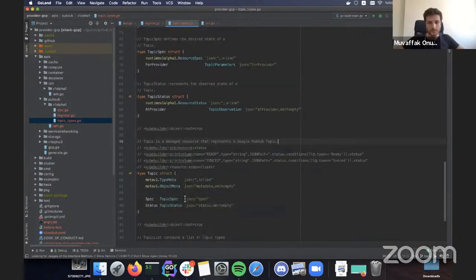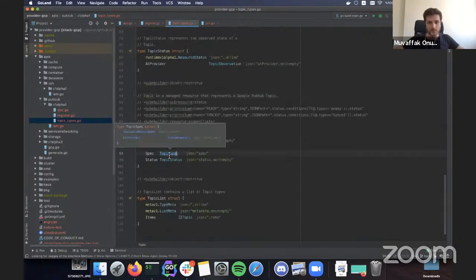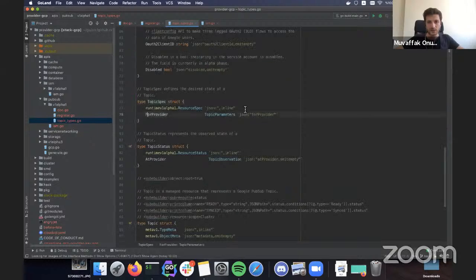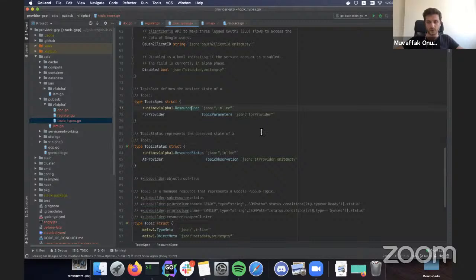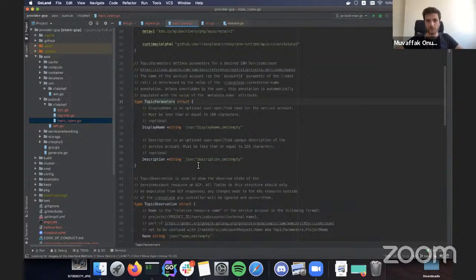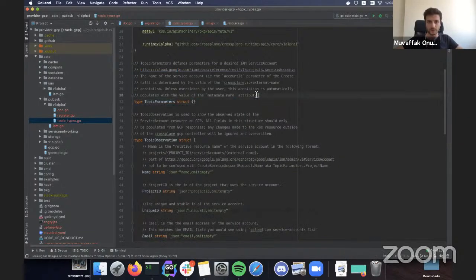Yeah. So let's go over the structs here. Spec. So this resource spec is the standard inline struct that we have coming from the Crossplane runtime package that we use all over providers. And for provider, the struct is what is sent to the actual provider, which is GCP in this case. So for now, I will just go ahead and delete it, and we won't have anything.